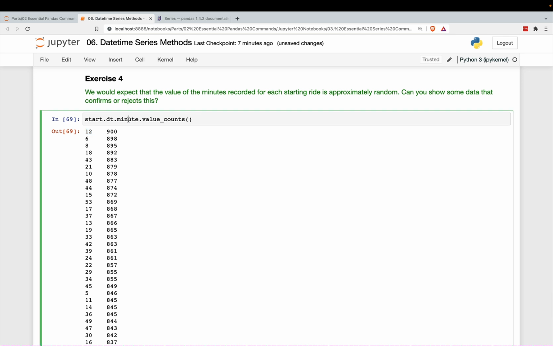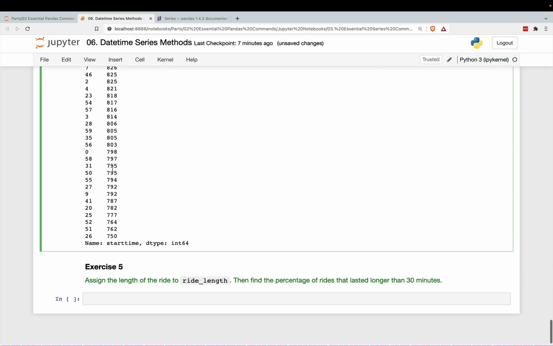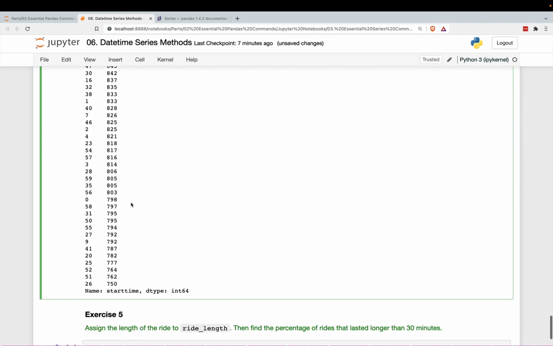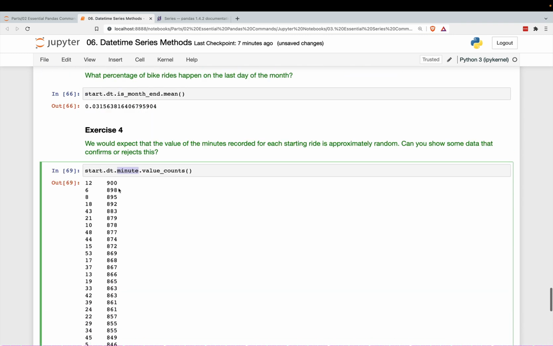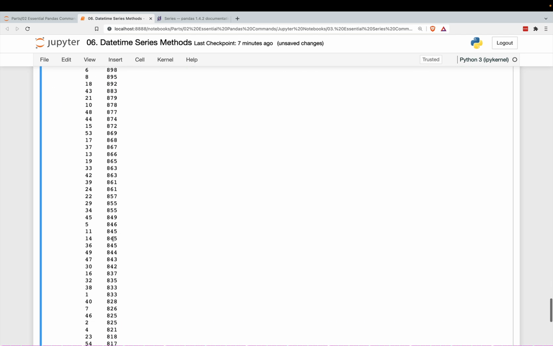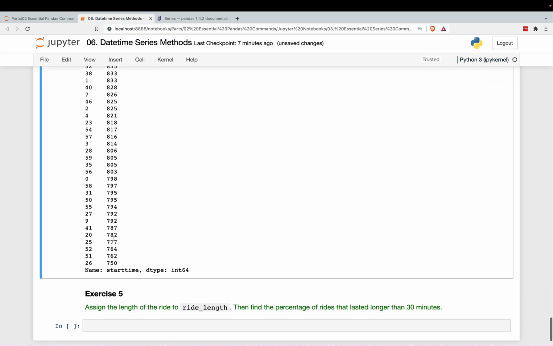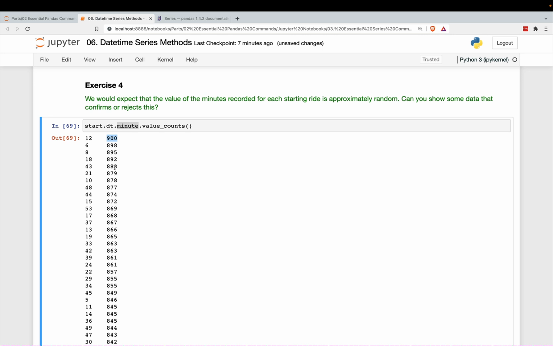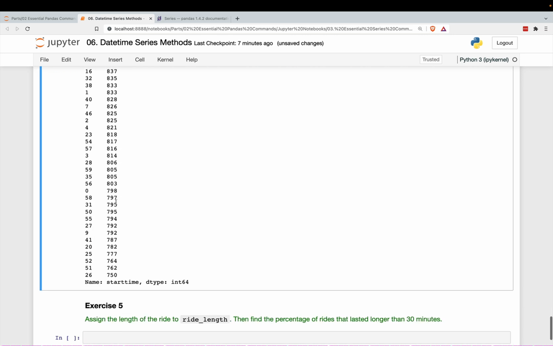So this is some interesting analysis you can do here. I would expect randomness here. So anyways, it looks like it's pretty random. Doesn't look like anything is egregious, like no number is well above the mean or the median, the average appearance. But to formally test this, you need some sort of statistical test for randomness.